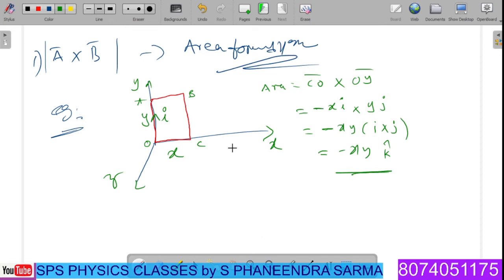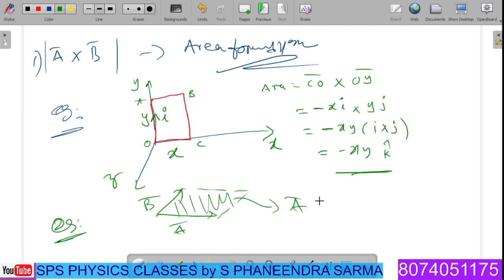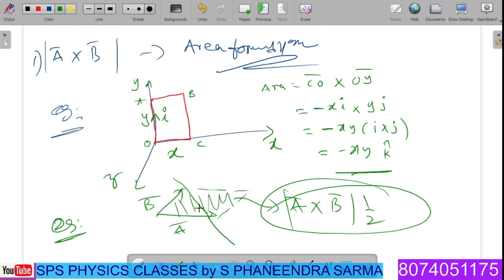Not only this one, any two vectors can be given. Second case, let us take one more example. We'll consider two vectors, a bar and b bar. When you extend them like this, we get an imaginary plane. This particular area will directly give you the magnitude of a bar cross b bar. Suppose they ask only for a triangle, it means half of this area, that means multiply by 1 by 2. This will give you the area of the triangle formed by the given two vectors, and the full magnitude will give you the total area of the parallelogram formed by the given two vectors.